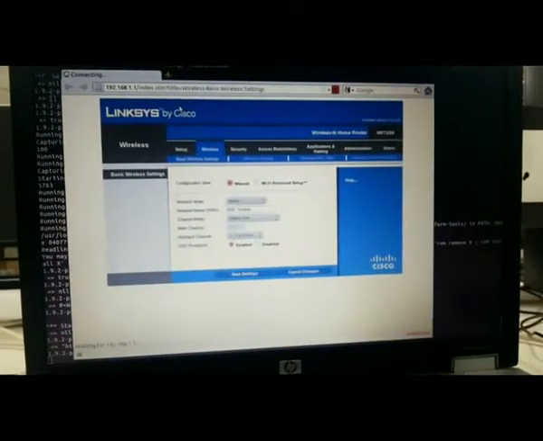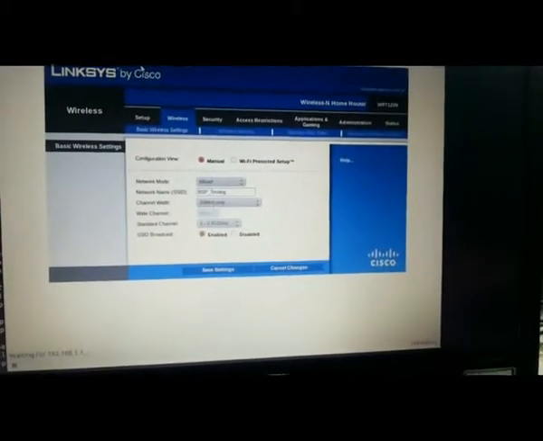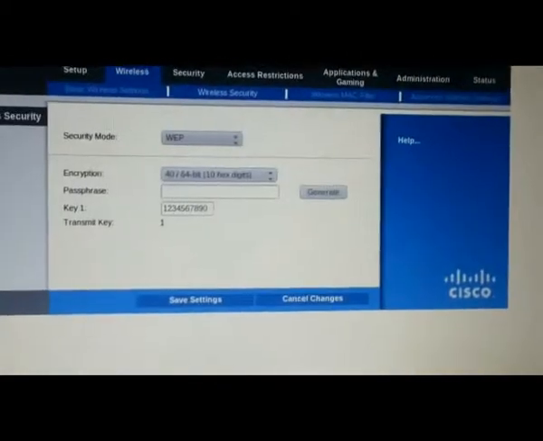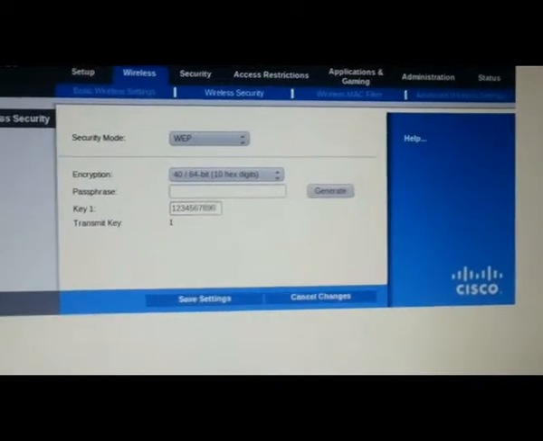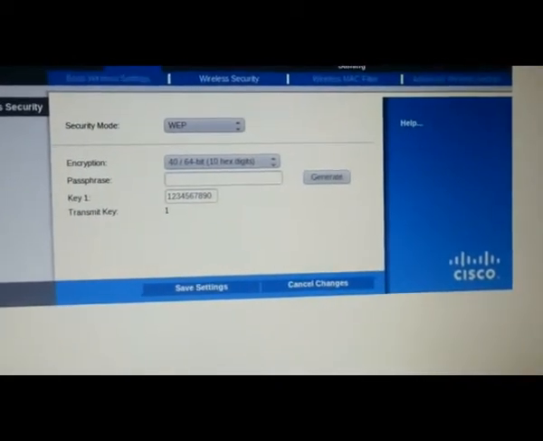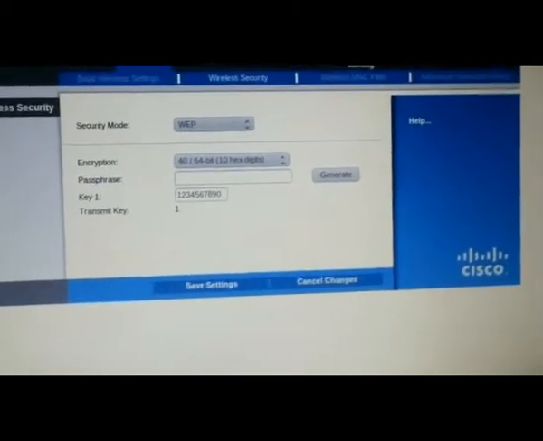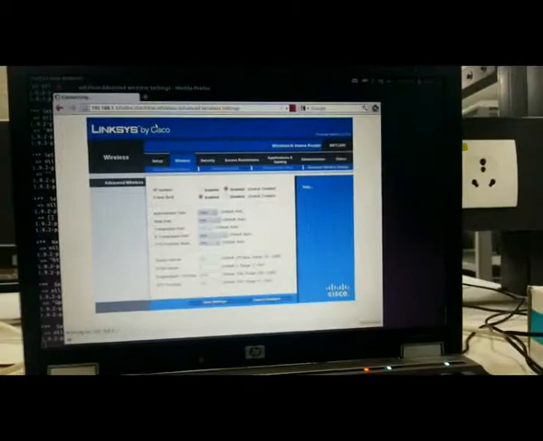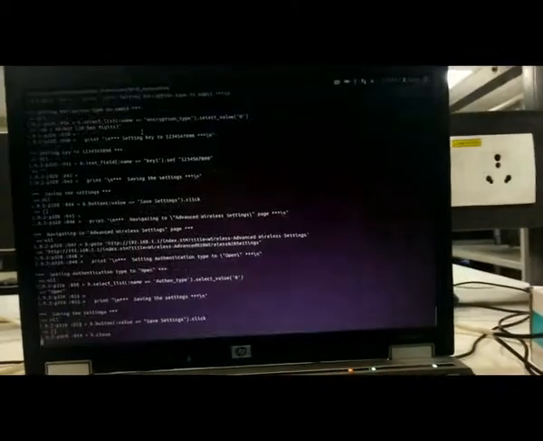In this we are going to use the security as WEP with 64-bit key length. Similarly, again it will set the Wi-Fi parameters and the security will be WEP with the key 1234567890. So now it will come to the device side. Just wait.